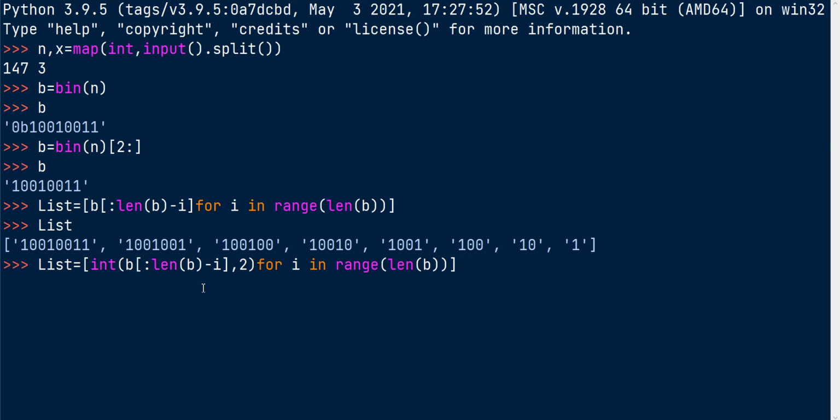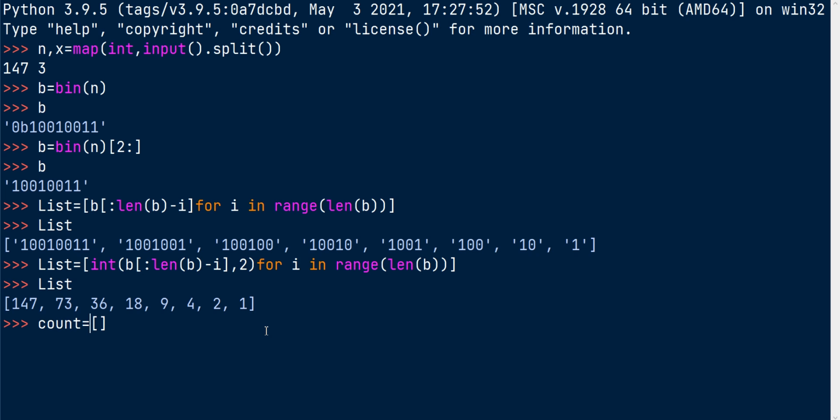The 10 is a default value, so we don't have to specify that. Now we'll have a round value in our list, but still we have to count the divisibilities, right? For that, count equal to